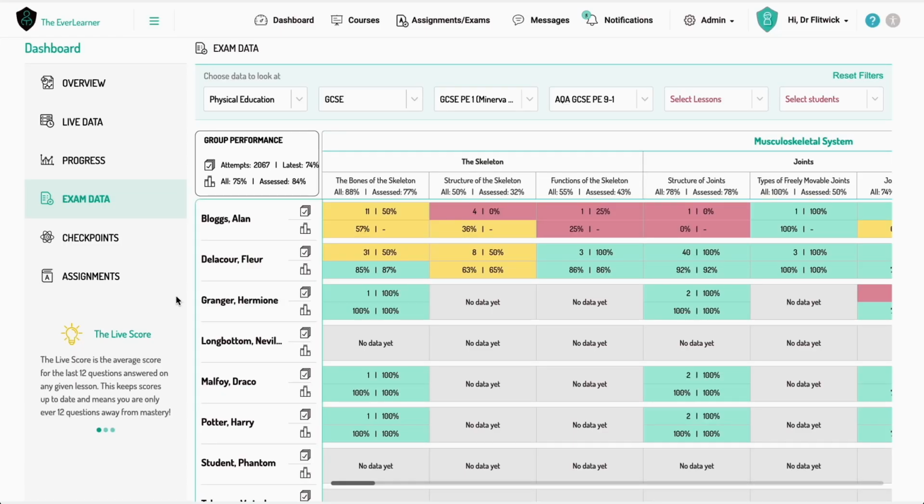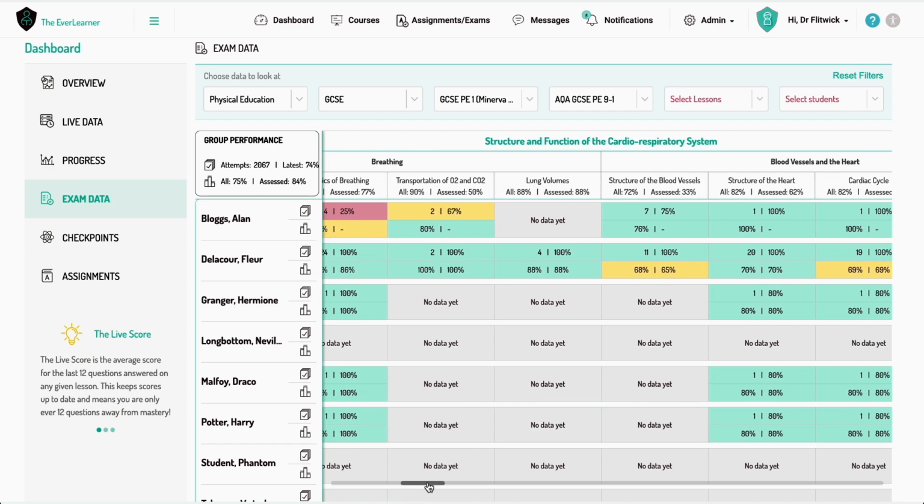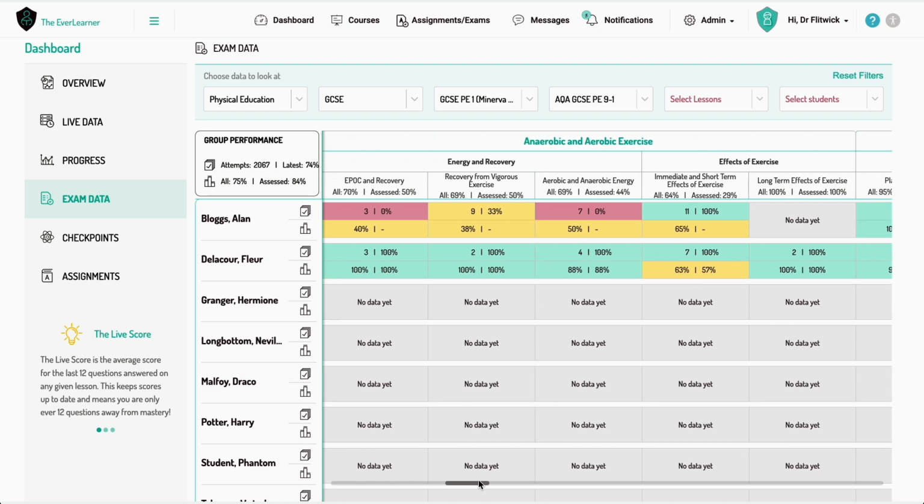Using and reviewing data is so important when trying to improve your student outcomes, and the EverLearner dashboard makes that so simple. So if we're on the dashboard in exam data here, it's really easy to see just where the gaps are that students haven't been completing exam questions in. So we can scroll across, and we can start to have a look where this area of grey is,